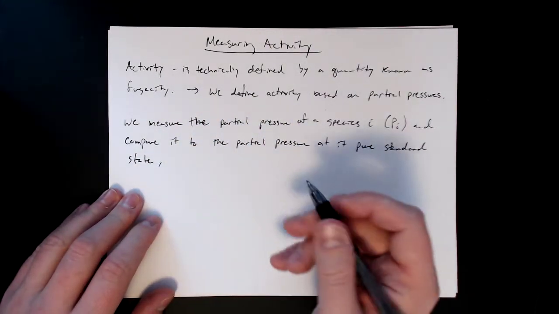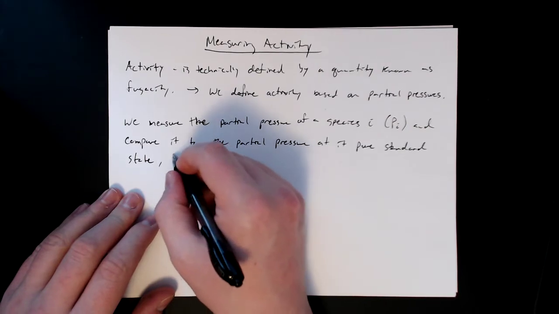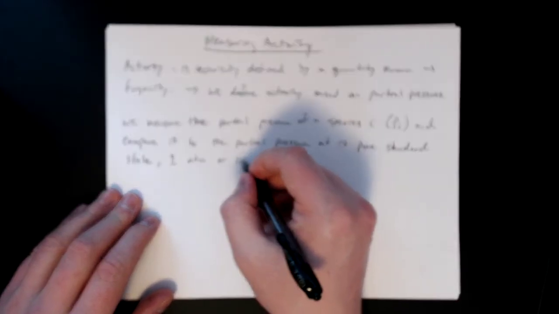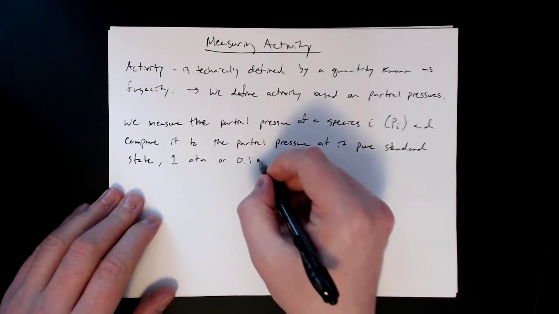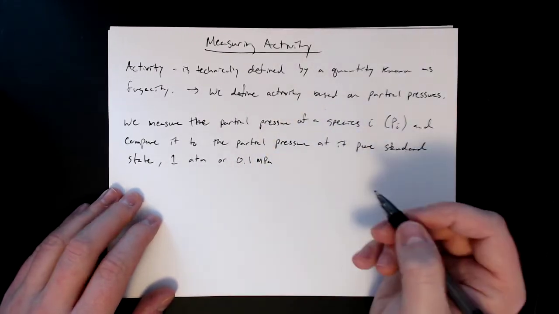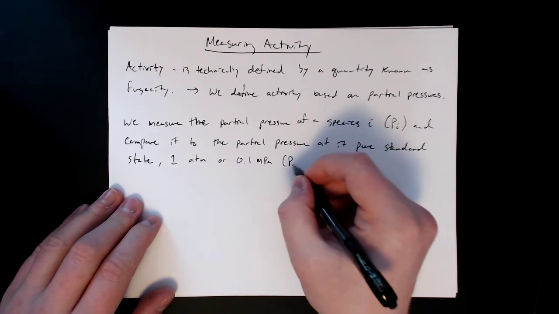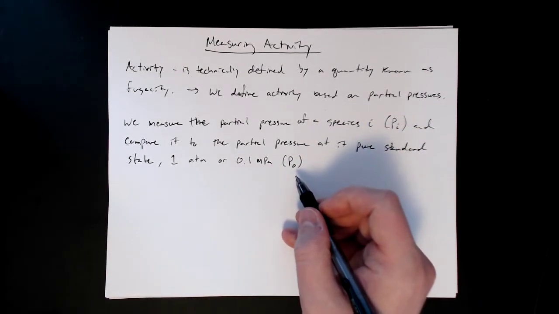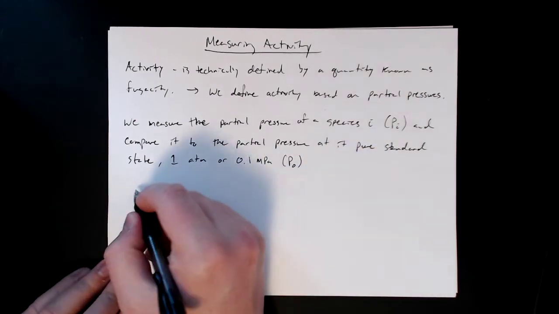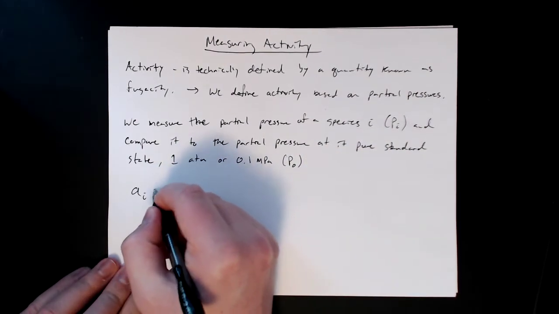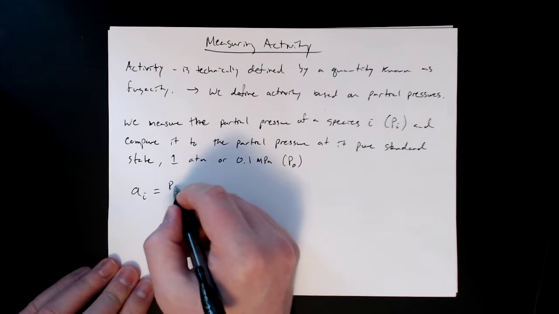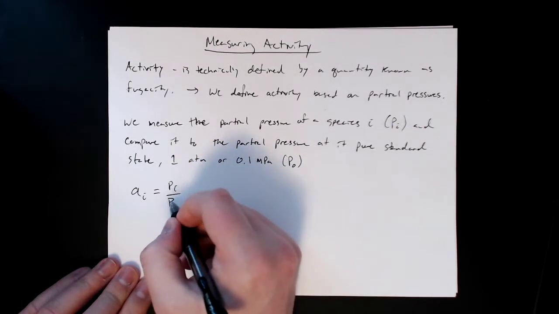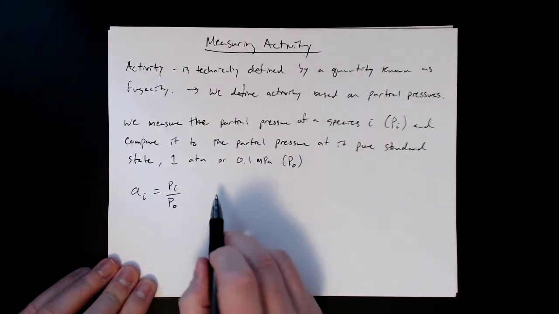And that is 1 atmosphere, ATM, which is the same as 0.1 megapascal, and this is P naught, the standard state pressure. And so we define activity as the partial pressure of that species I over the pressure at its standard